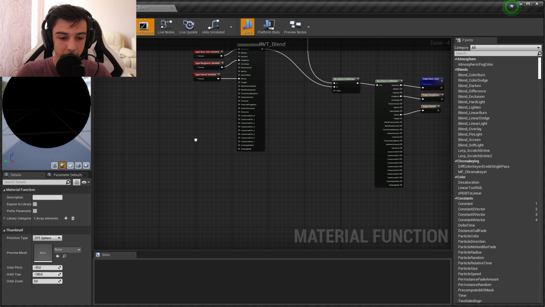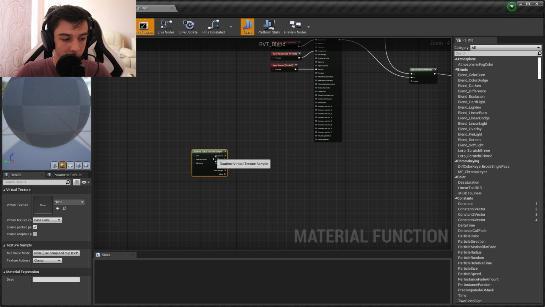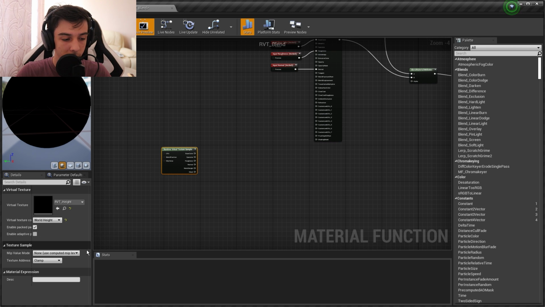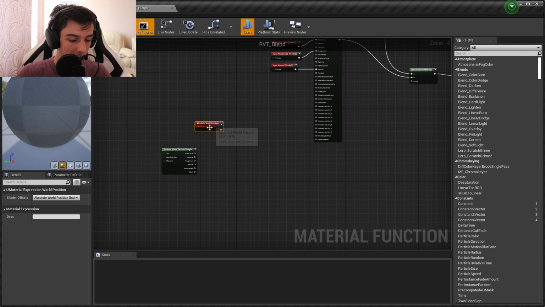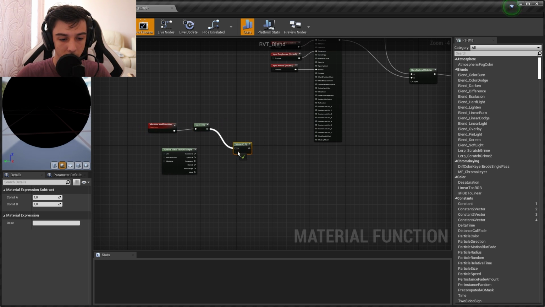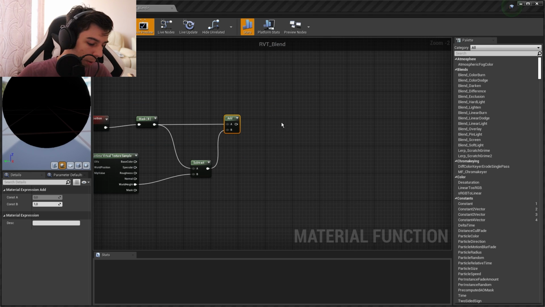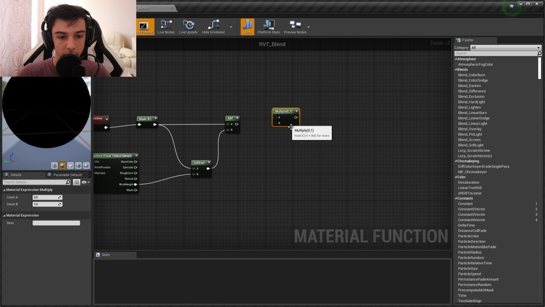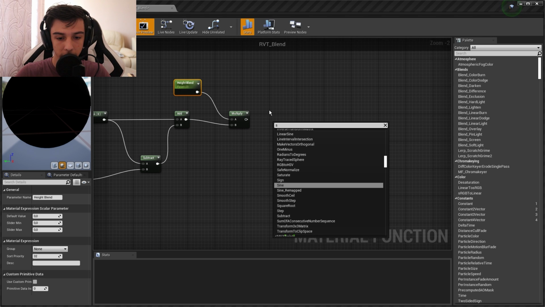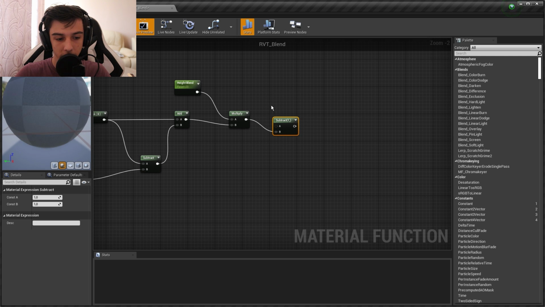Okay, so now we're gonna create the blend itself. So find runtime virtual texture sample, and we're gonna select our runtime virtual texture height, and be sure that you have selected world height, and we're gonna mask the Z value. And now we're gonna subtract these two with the world height, and we're gonna add these two together, and we're gonna multiply with the constant, and this is going to be the height blend, and we're gonna subtract again. We're gonna put the multiply to the B because we don't want to have it inverted,